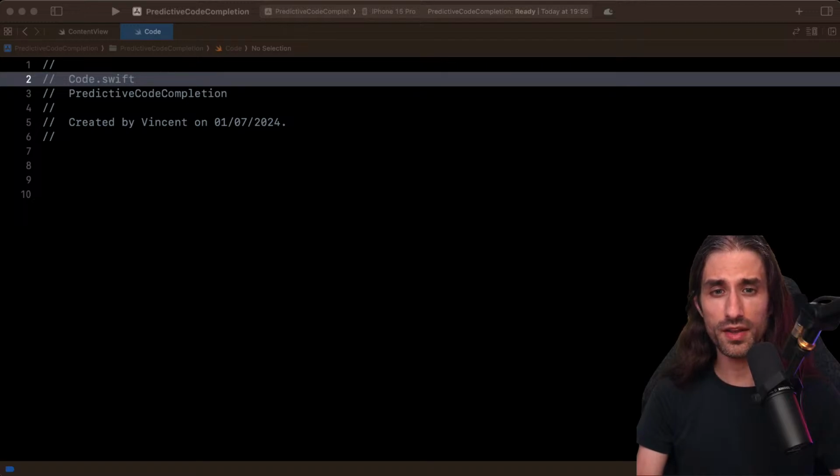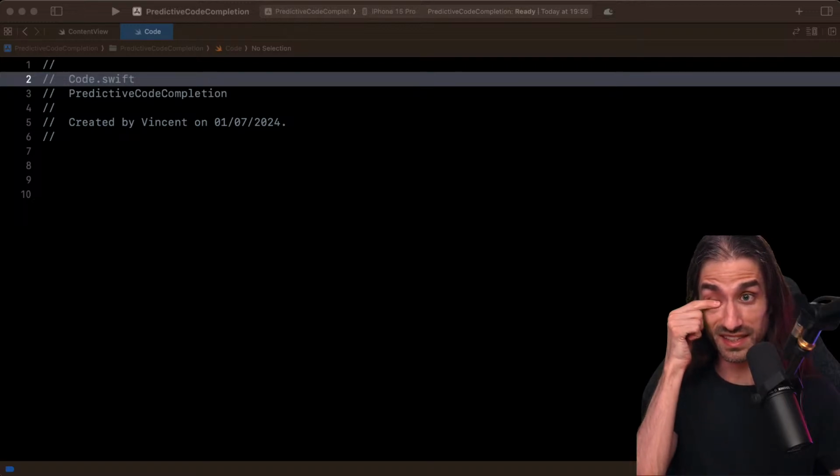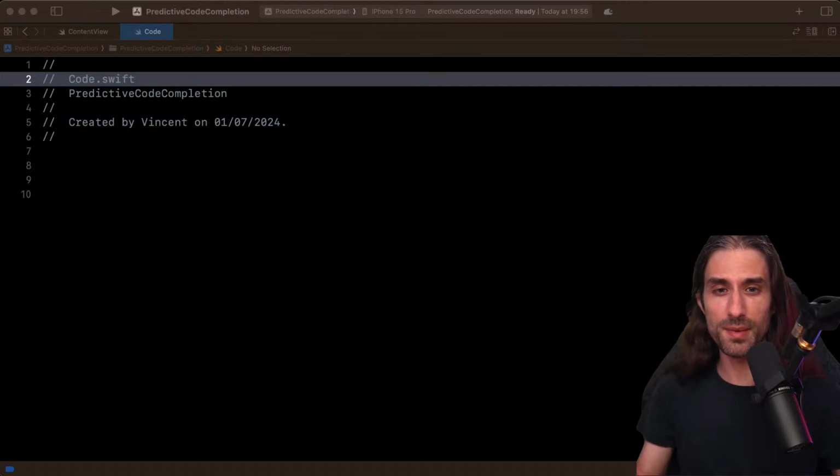And finally, there are some hardware requirements. You need a Mac with Apple Silicon, so M1 and onwards, and also you need a Mac with 16 gigabytes of RAM. So unfortunately, some people will not be able to use the feature.